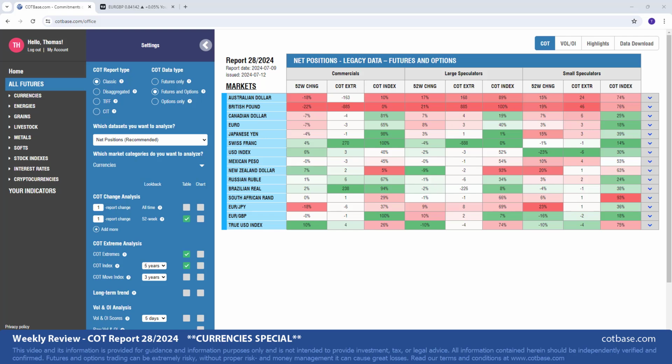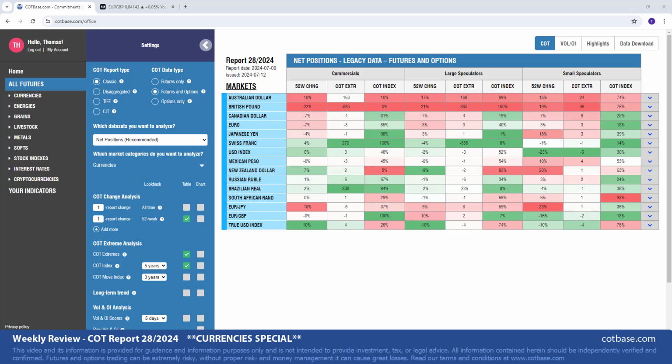But as I have received requests regarding currencies, I figured I'm just going to do a special edition on currencies for you guys, showing you the capabilities of the classic COT analysis together with the capabilities of our iCOT intraday indicator on currencies. So let's get started, and we're going to go over all the markets, starting with the